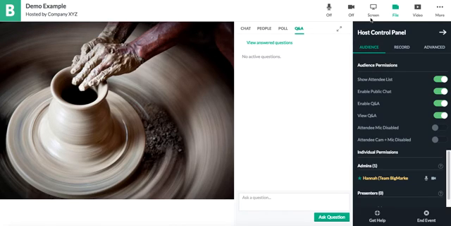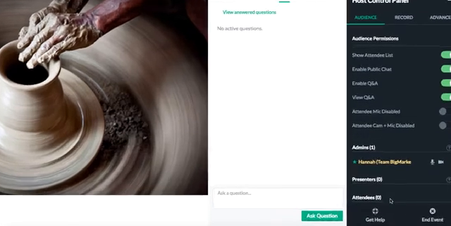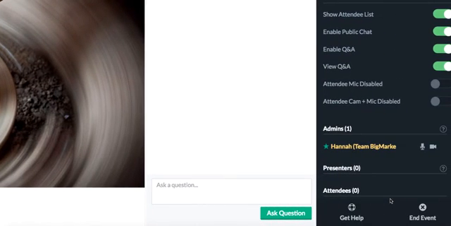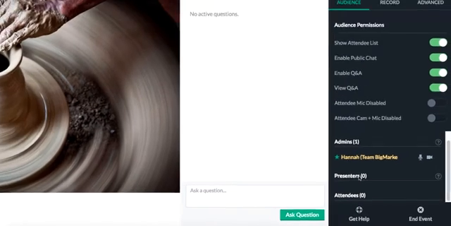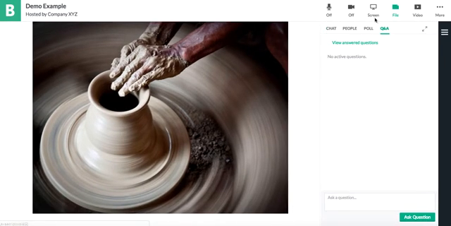Now let's draw our attention to the presenter and admin or full access controls of the room. So as a presenter, and I'm just going to show you quickly, we have 3 different levels of permissions in the room. So attendees really don't have any. They're listed here at the bottom. Presenters have this top portion here. They can share everything, you know, including their screen, files, videos, camera, microphone,